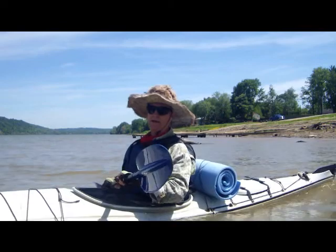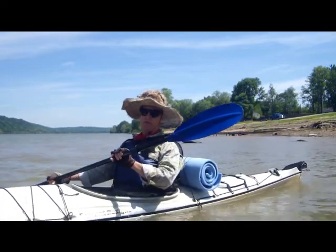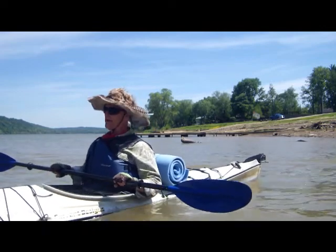Paddling a short way. I've got about 70 pounds of gear and water in this boat. She handles way different than what she was before. And there's a motorboat coming in right now. There's a barge right behind that. So